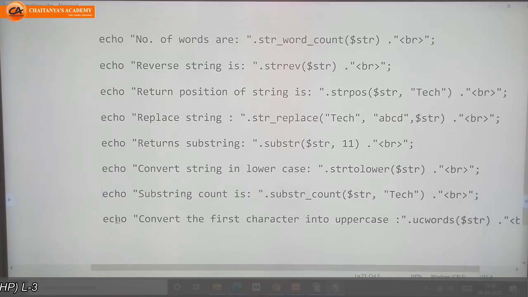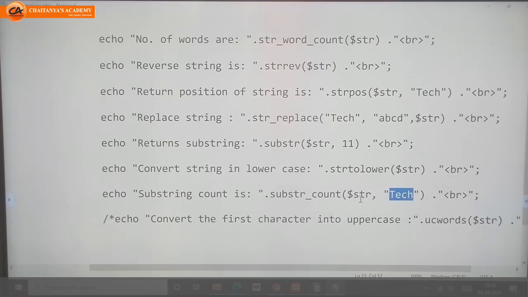Next, substring count. We'll check with substring count. Substring count means if I want to search for the word tech and see how many times it comes in the string, then I need to use the substr_count function. I need to pass the name of the string, comma, and the substring you want to count.